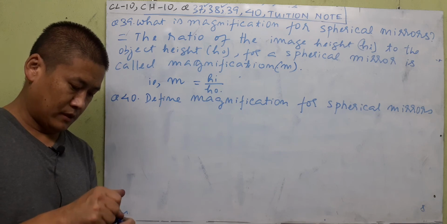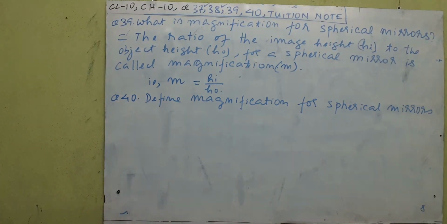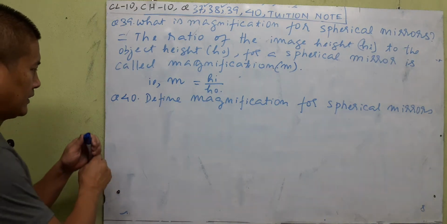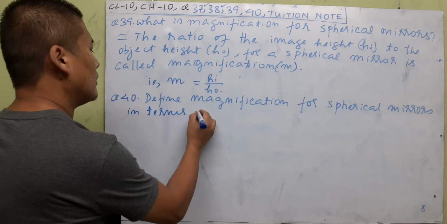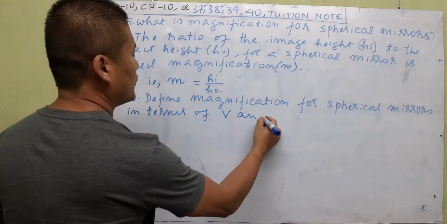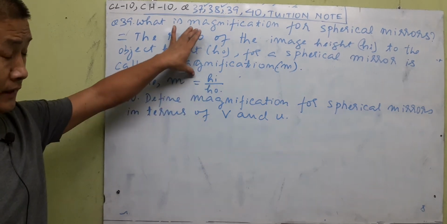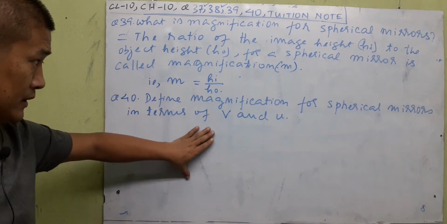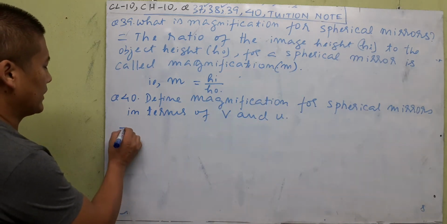Let me put some ink. Magnification for spherical mirrors, in terms of V and U, if they ask you like this. If they did not tell you anything, you have to define it like this, HI by HO. But if they specifically told you in terms of V and U, there is another possibility. So you write here,